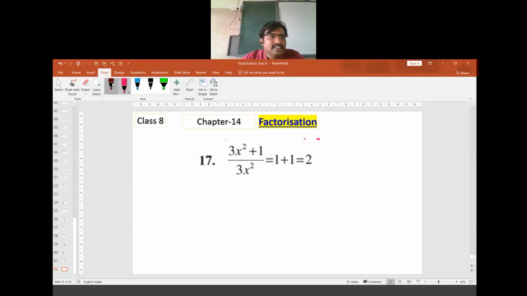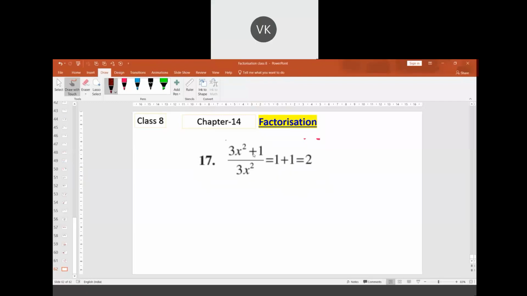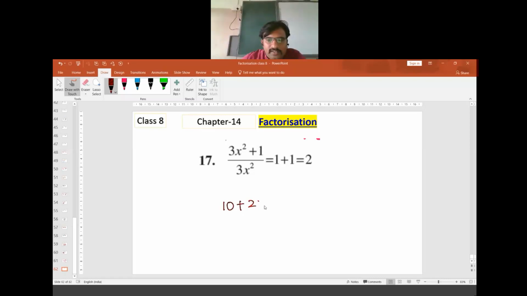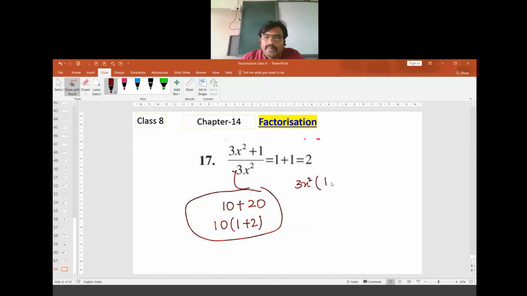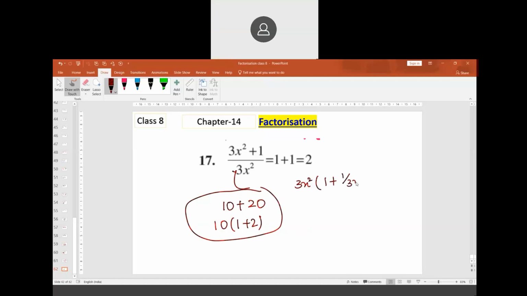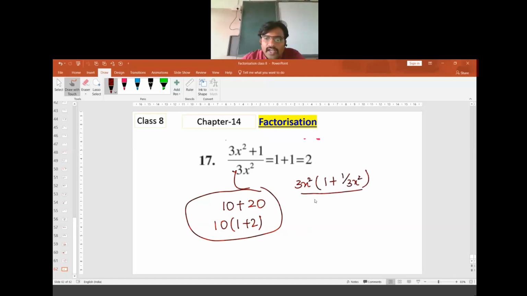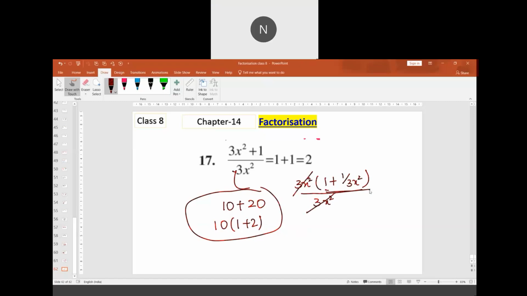All right. Let's discuss. Can we take 3x squared common in the numerator? No, sir. See, if you want to take common, it should be something like this. If 10 plus 20 is there, 10 taken common, we will be getting 1 plus 2. If you apply this method here, you will be getting only 1 common. We cannot make 1 plus 1 by 3x squared. This will remain divided by 3x squared. Yes, sir. Earlier also I said this as the answer. We got the same answer, 1 by 3x squared.